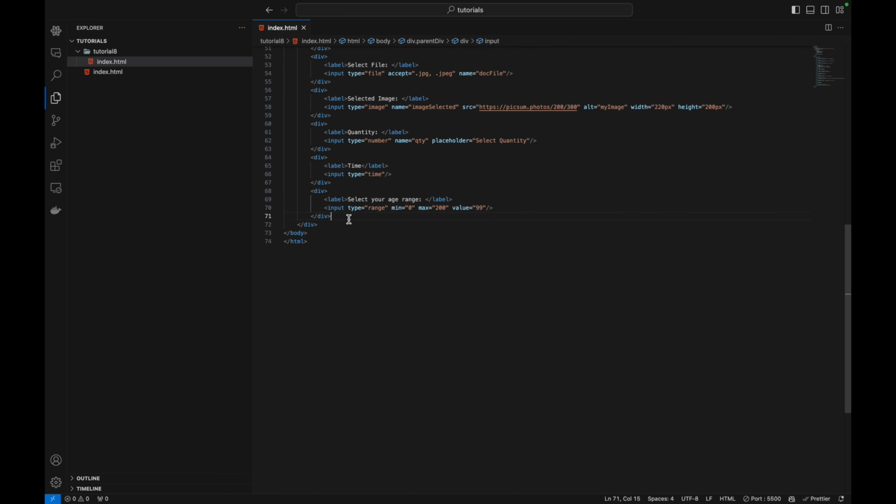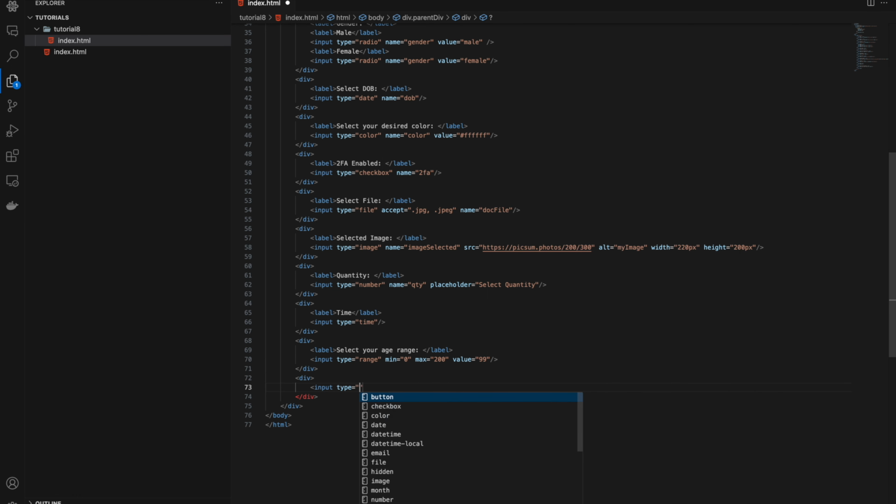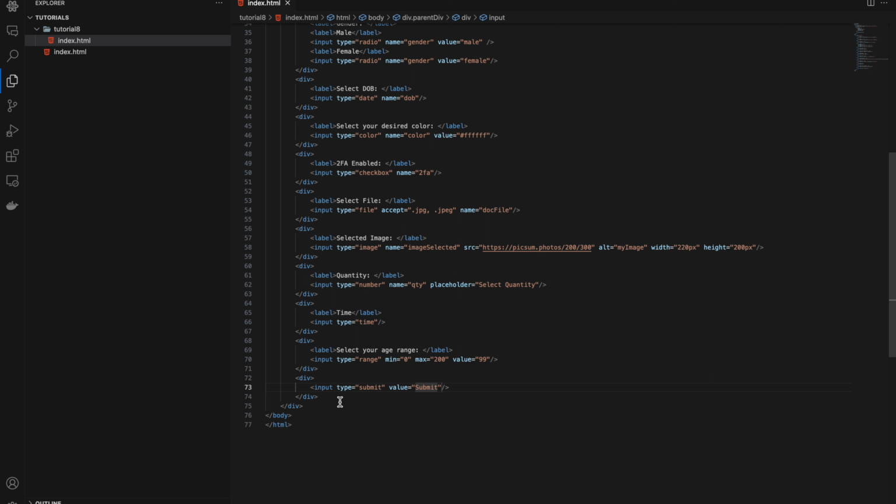Great. So guys, we have another input type. I'll write div, I'll write label. Okay, so we don't need label here. I'll write input of type submit here. And then here I'll write value submit. Let's see that in the code. So as you can see, an input of type submit actually. So this will be meaningful when we start with forms in HTML. We have another